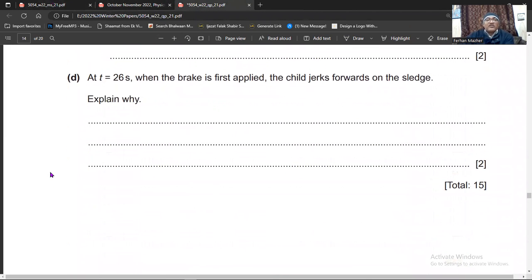Then the D part, question number 7, D part. At t equals 26 seconds, when the brake is first applied, the child jerks forward on the sledge. Explain why. You see, when the brakes are applied,